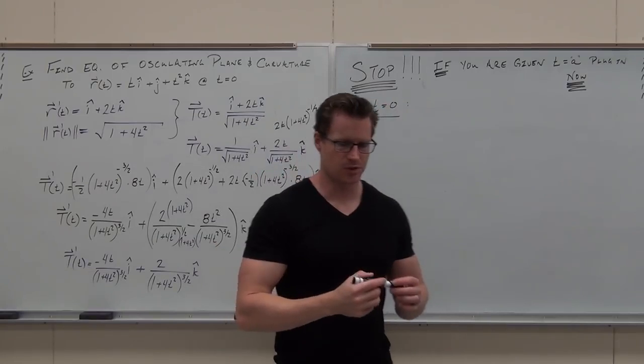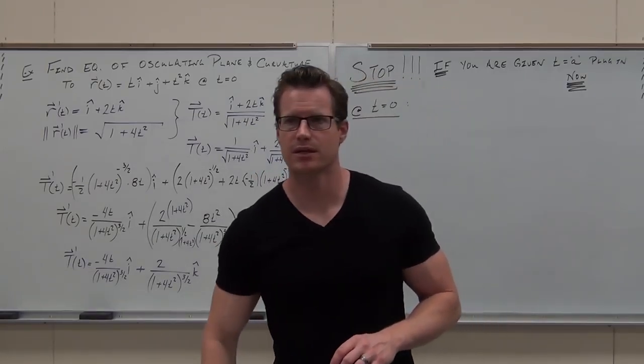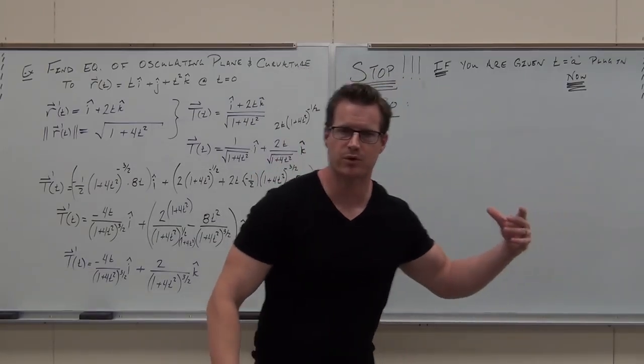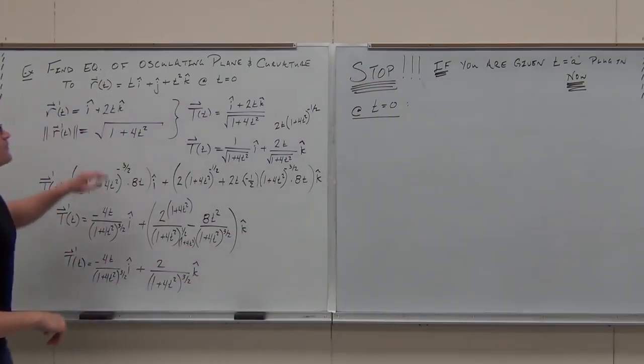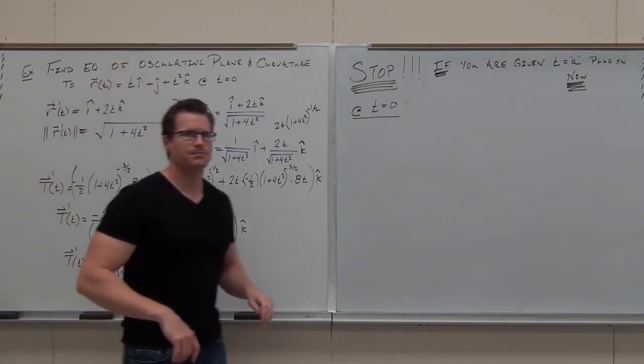What's happening at t equals 0? I want to do a little bit of a recap because it's going to lead you onto why I'm doing what I'm doing right here. So check it out. If I want to find the osculating plane,